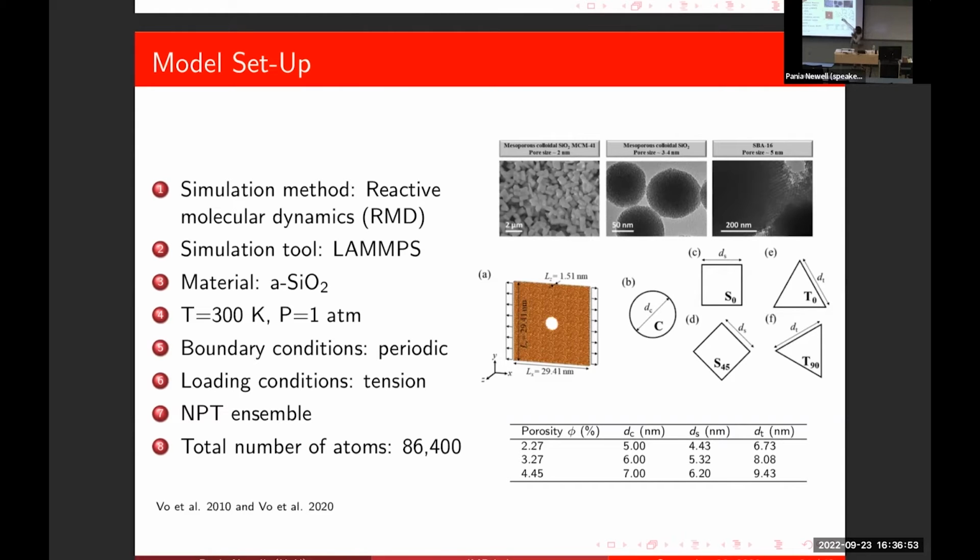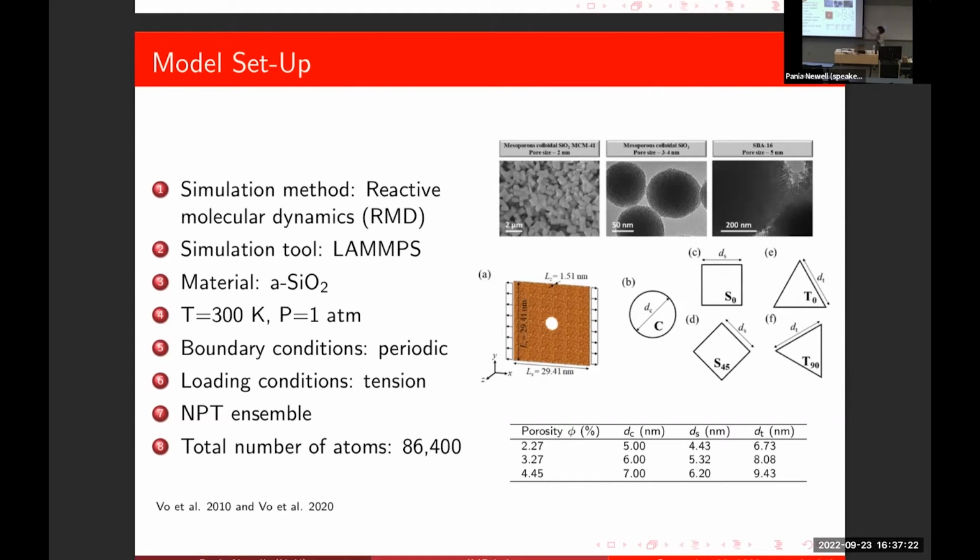And if you look at those, they are like sugar cubes on top of each other, or a bunch of cubes on top of each other. You can see there are regions with these triangular or cube pores. So by looking at the materials being synthesized by the material scientists, we know that there are these porous structures. So the goal is to understand them at the atomistic level. So we set up the simulation model.